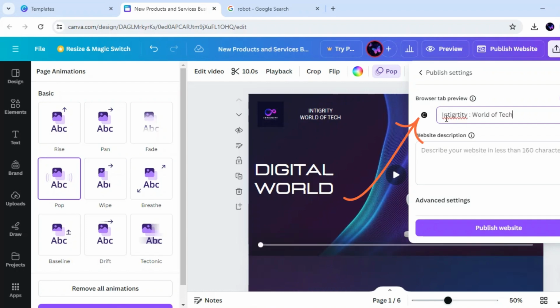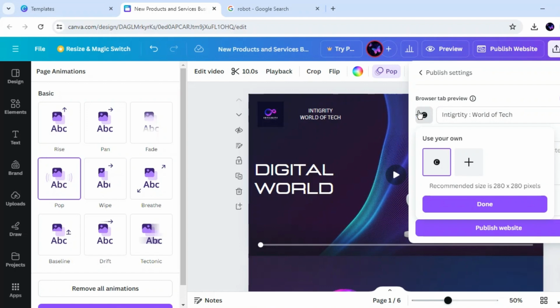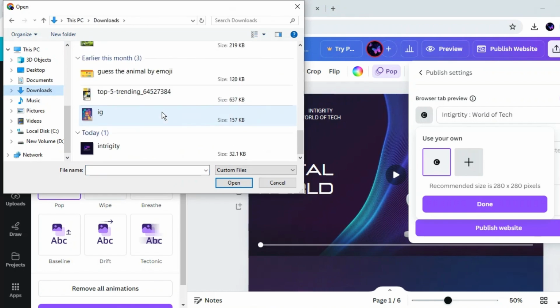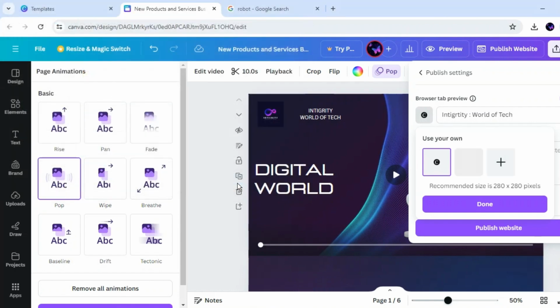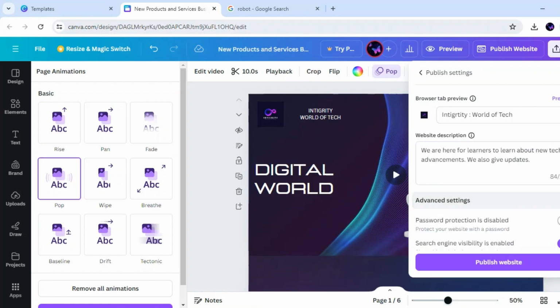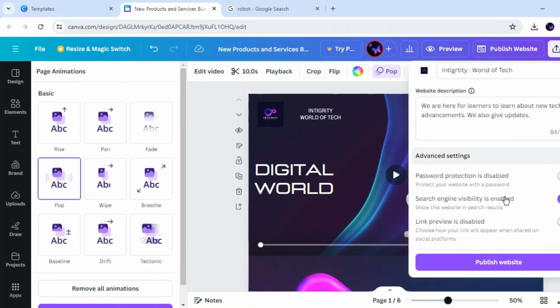You can change your website logo by clicking here. Click Publish Website.